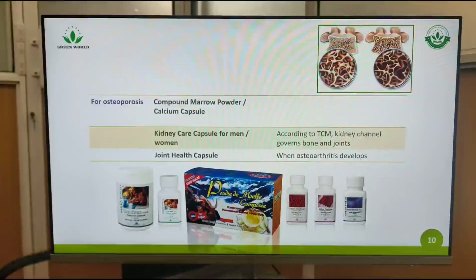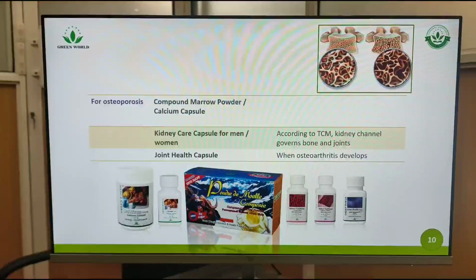Health Capsules. Now, remember, I always tell you that one thing I like about our profession is that the naming techniques which are given to these products can be useful in administering the medication once the person understands the medicine better. So that's all about osteoporosis. So osteoporosis due to calcium deficiency, that is a summary of it. And the products that can help in this: compound marrow, calcium, kidney tonifying, and joint health, but only after diagnosis and also after